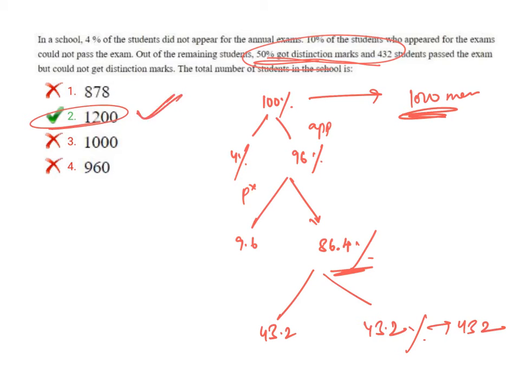I think you can challenge this question. The answer is not 1200. The answer is 1000 for this. So you can comment if you have any doubt in this question, or else how it can be 1200. Well, for my knowledge, it has to be 1000.